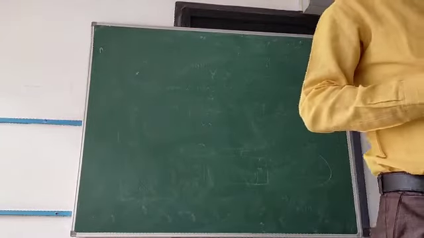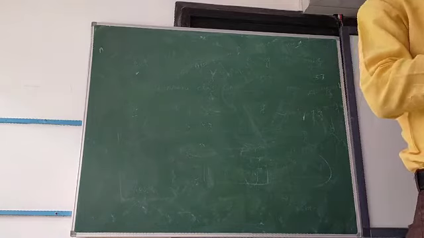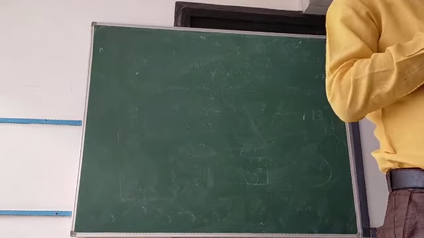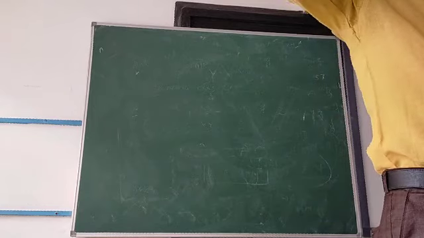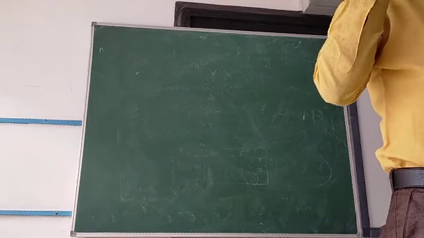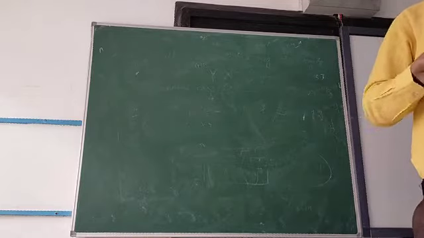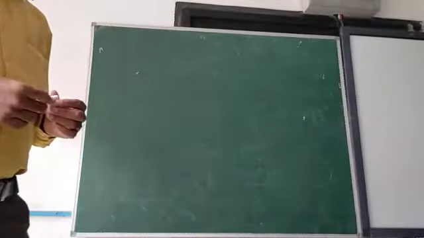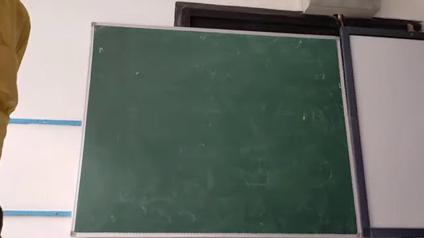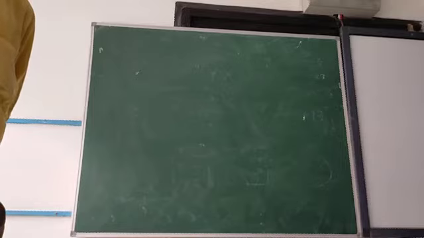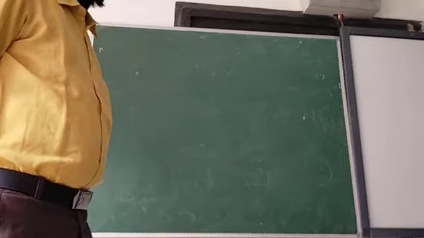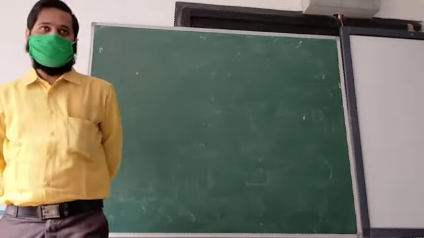Last class we studied up to question number 10, page number 185. You have to learn this table by heart. Sine 0 degree is 0, sine 30 degree is half. That means these are the values. You have to learn the whole table by heart. Now I will teach you a simple way to memorize this table.